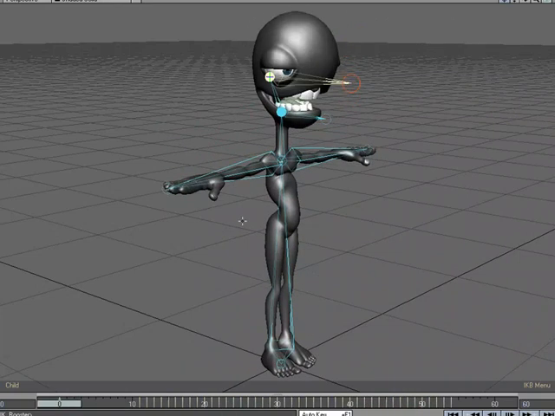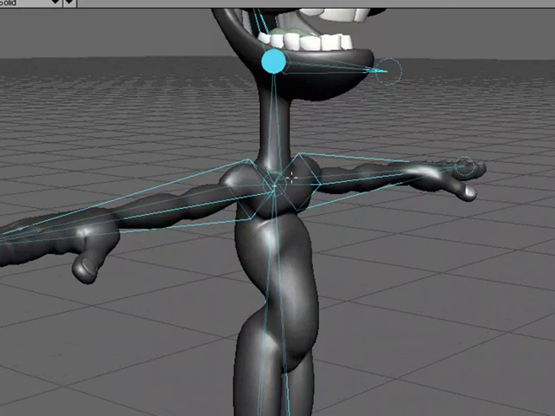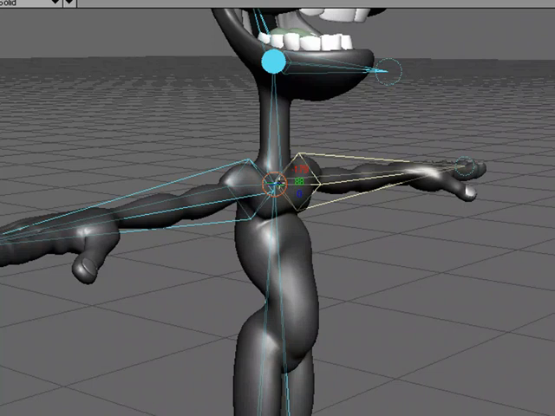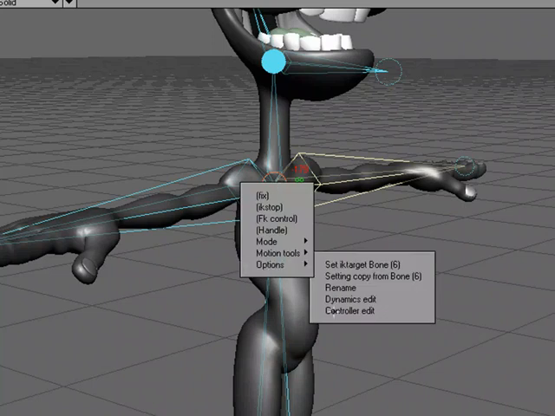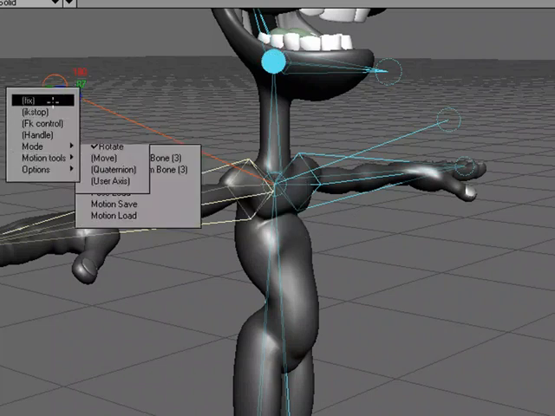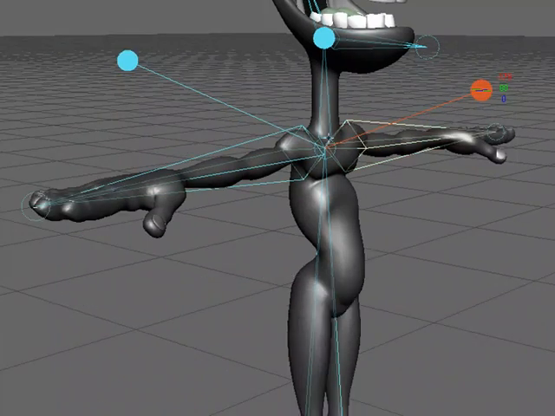set settings. So I want to fix the end of both of these bones, but they're right on top of each other. So I'm just going to right-click, Options, Controller Edit, right here. And I'm just going to move that controller out and move that controller out, because I had three little handles all on top of each other, and that wasn't working for me. End Edit. I'm going to fix this one and fix this one so that I'm fixing the base of this